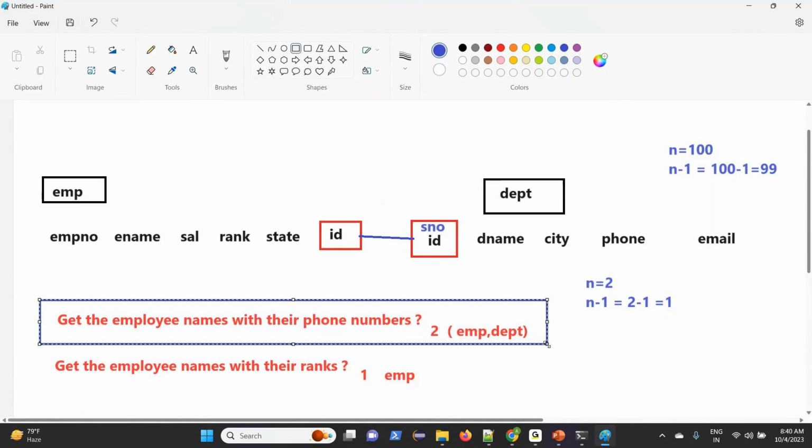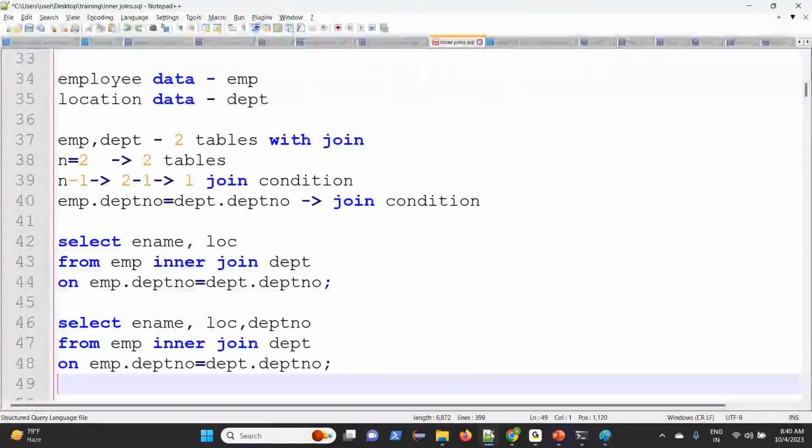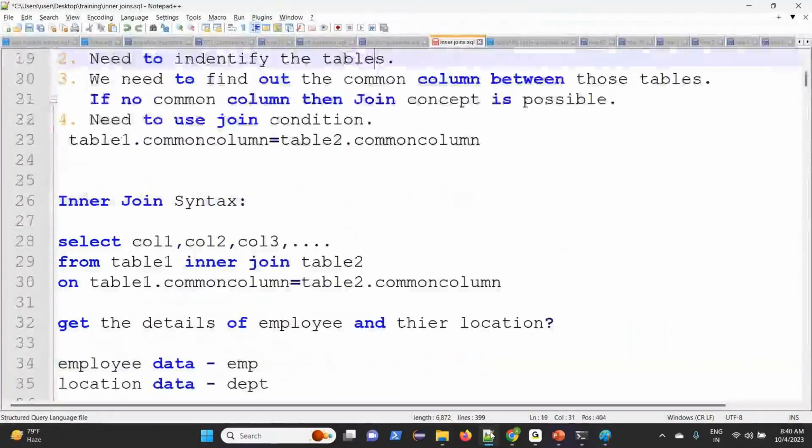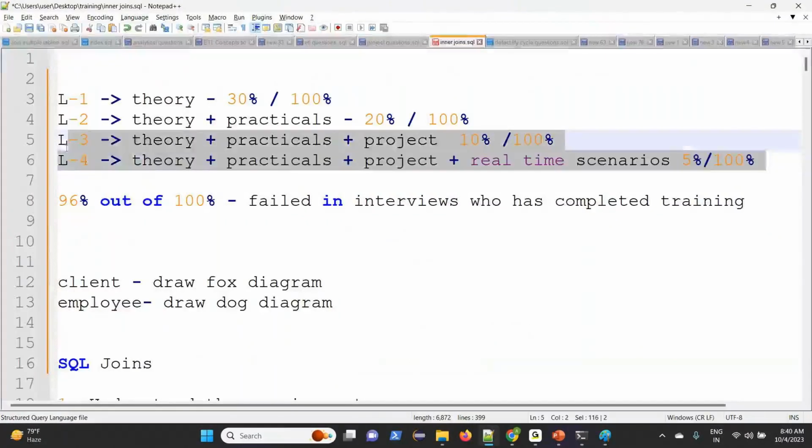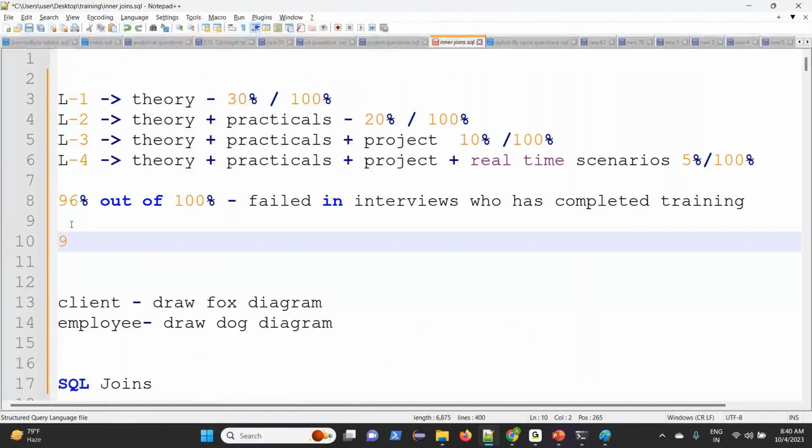After entering the practical, I will tell you, always in my training, you focus on levels three and four. When you go to an interview, you are going to answer 90% of the questions that way.